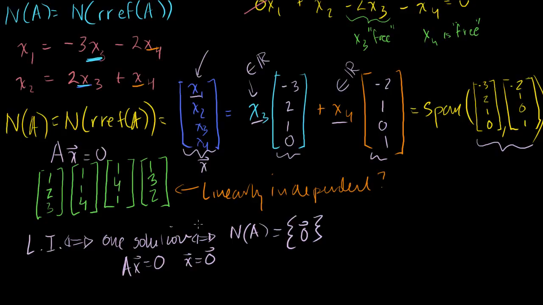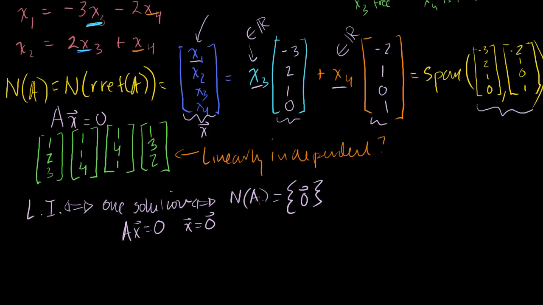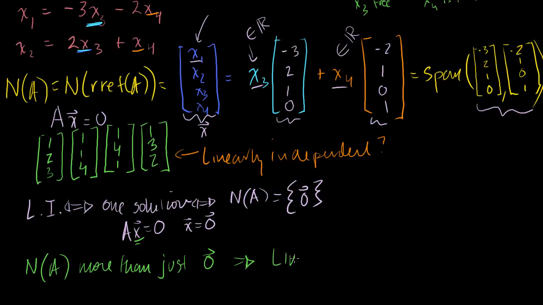So the null space of A does not just contain the 0 vector. It has more than just 0. So what does that mean? Well, that means that there's more than one solution to this,